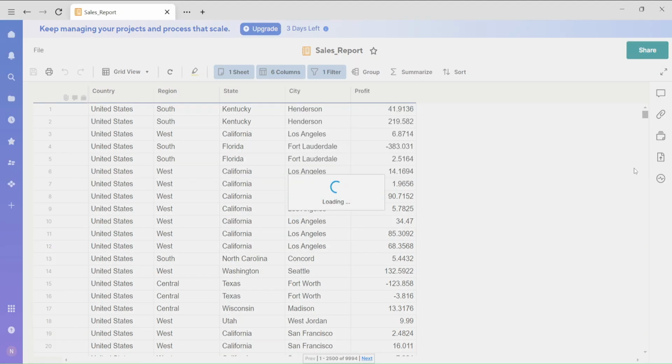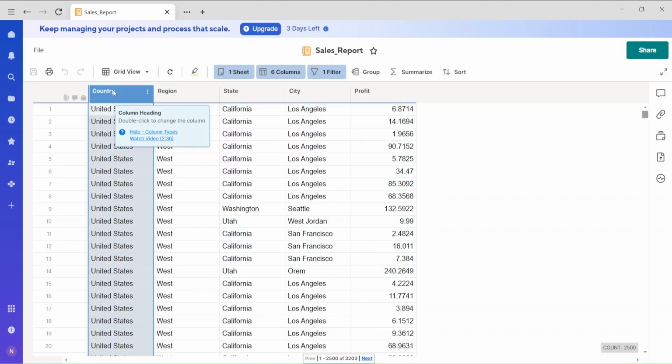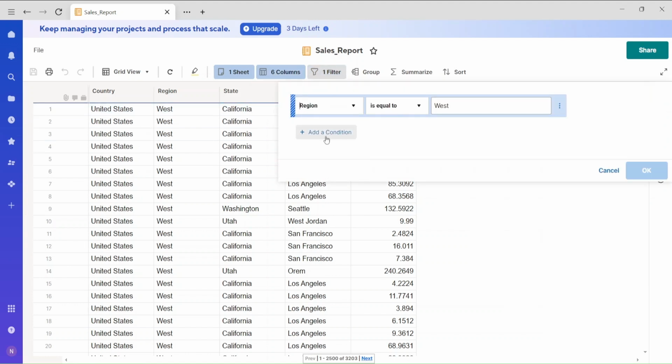Okay, and hit OK, and it's just taking some time. Okay, so you can see right now I have 2,500 counts right here. And this is the profit, you can see. This is the city. Now, so basically you have the filtering ability here, and you can just add another one